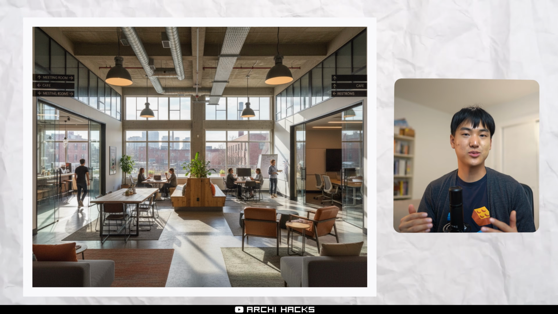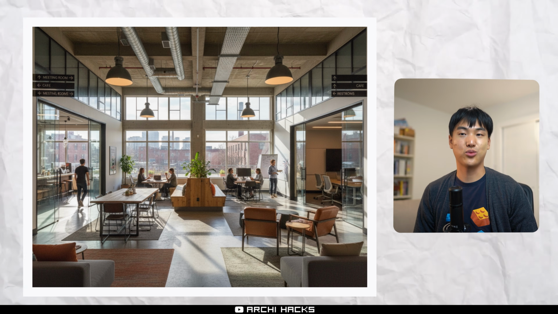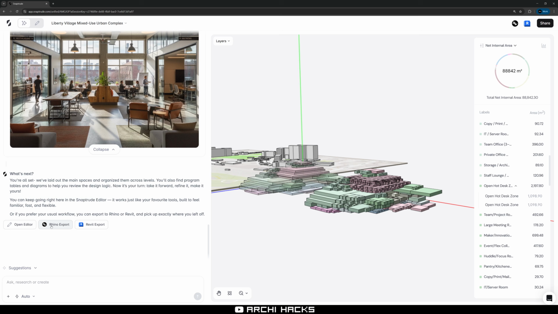So I could use this image at a very early stage pinup to just discuss the direction that we're heading in terms of the typology. That AI has done the groundwork for you. Now you can go ahead and open this up in the Snaptrude editor or export it to Rhino or even Revit. But before we switch over to Rhino and go into full 3D modeling mode, I want to show you